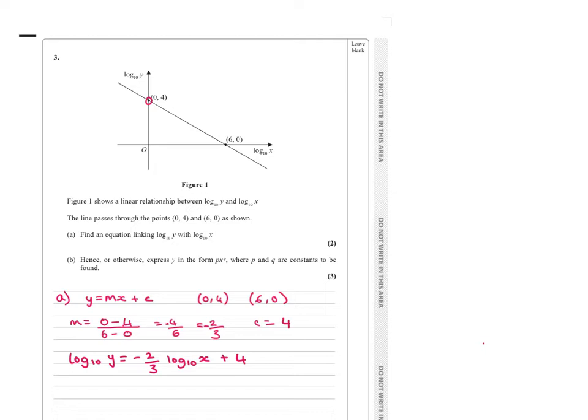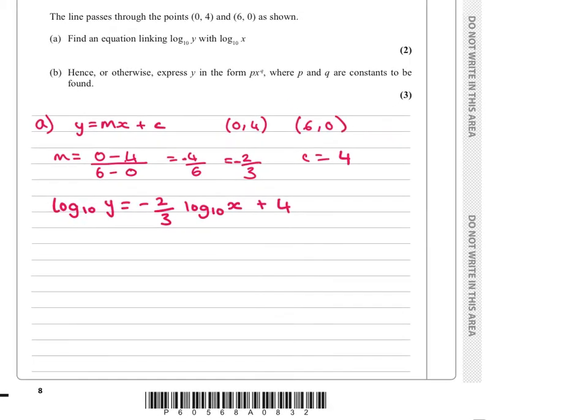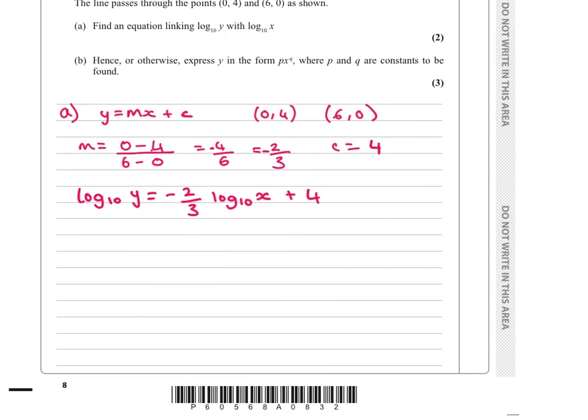Part B, hence or otherwise express y in the form px to the power of q, where p and q are constants to be found. So, now what we need to do is use all of our knowledge of log laws to solve this. So for part B, first of all, we know a log to the x is the same as writing log